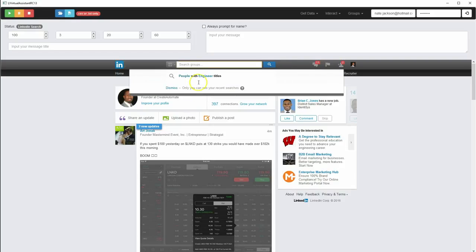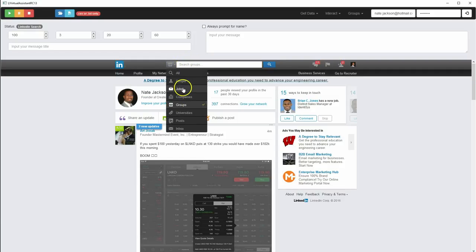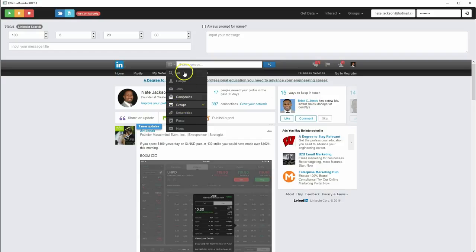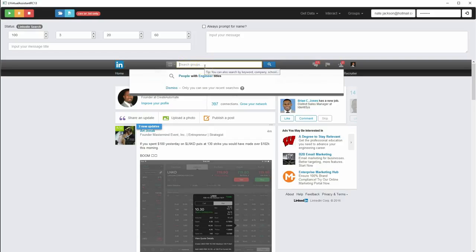And the rest of the features work the same as people in groups. So once you know how to search for people in groups, you can search for jobs, companies, universities, or posts. And we have all the same filtering options with all of the different categories. So we select the groups selection, and then we're going to search for just a keyword. So if you want to search for groups about marketing,